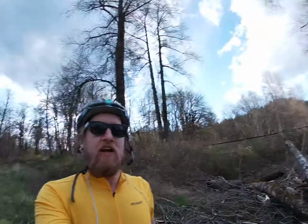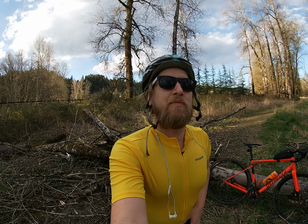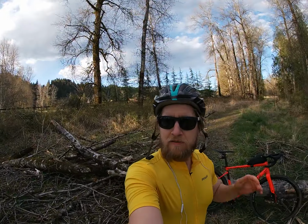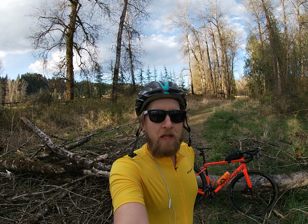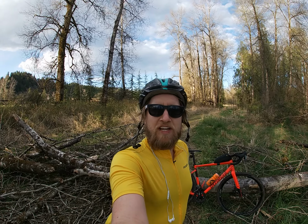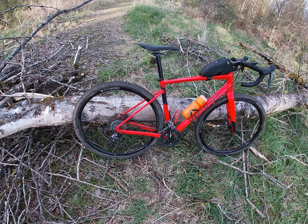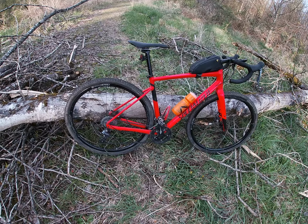All right, we're at another 7,000 plus, probably about 7,050 miles at this point on my Specialized Diverge E5. It's the base model of the Specialized Diverge lineup. I got this bike 2.5 years ago. I believe it's a 2019, and I just wanted to give some thoughts and impressions after quite a bit of time on this bike. It's more or less stock,